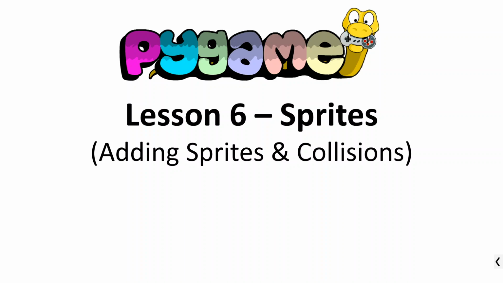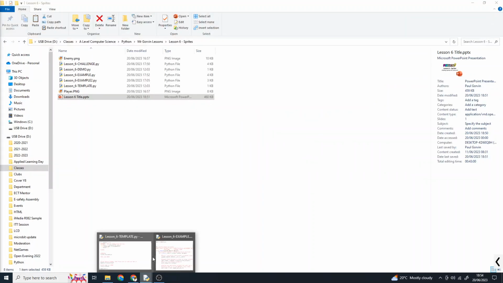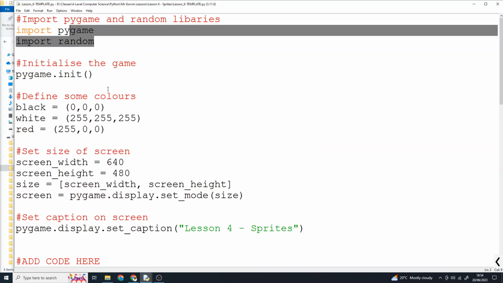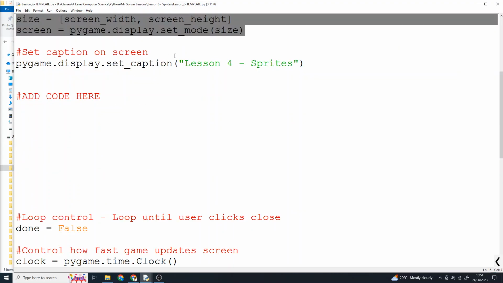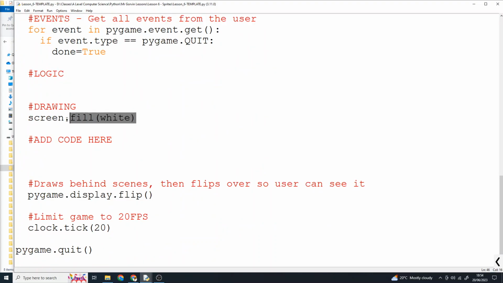Okay, welcome back everyone. Today we are looking at using sprites in Pygame and looking at how to add sprites using an object-oriented approach and managing collisions between those sprites in Pygame. To start with, same as previously, I've given you some template code, very similar to before, importing Pygame and random, some colors, we've got our screen, we've got our main loop down here,